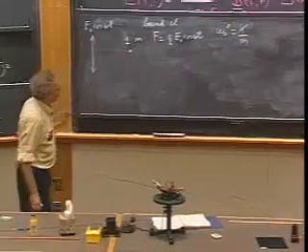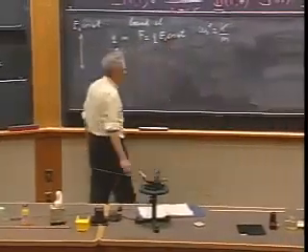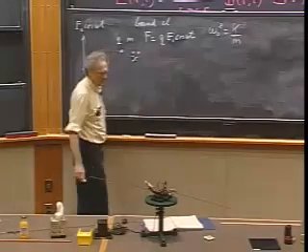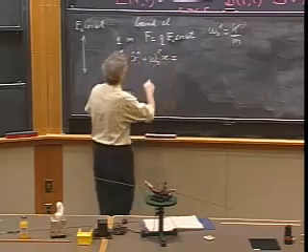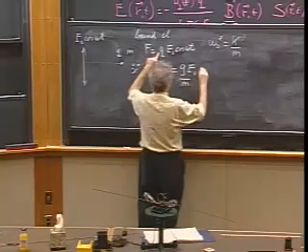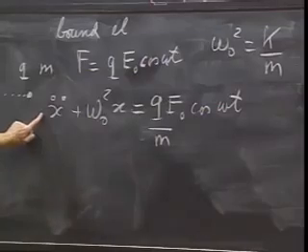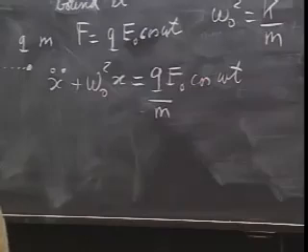I will ignore, purposely for the reason of simplicity, any form of damping, and so I'm going to write down now Newton's second law. Newton's second law becomes x double dot plus omega 0 squared times x equals this driving force, which is q times E0 divided by m times the cosine omega t. The reason why there is an m here is that I have already removed the m here and I have removed the m there. This is an equation that we have seen before when we were dealing with forced oscillations, and it has a very simple solution